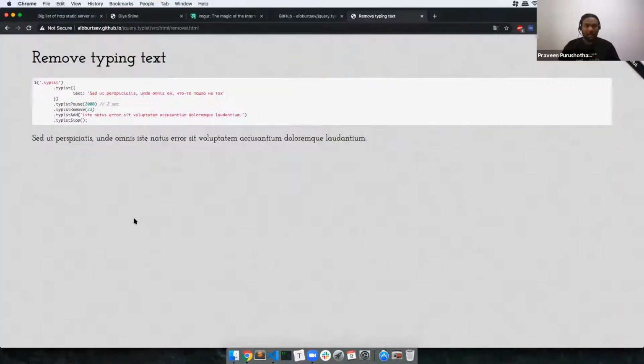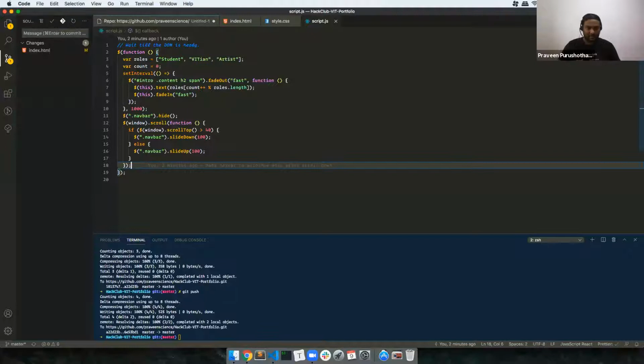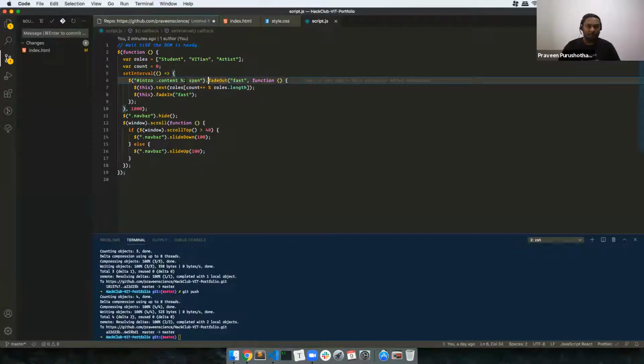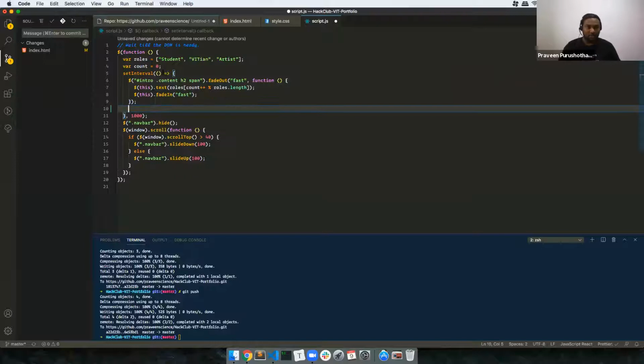Now let's see how we can use this. The first thing they have done is find the particular typewriting element. What I wanted to do is use the same kind of code, but instead of fading out, I'm going to use typist. So I copy this whole thing. .typist is what I'm going to use.